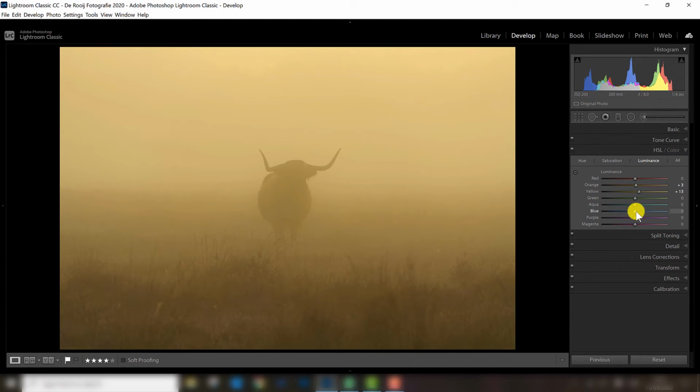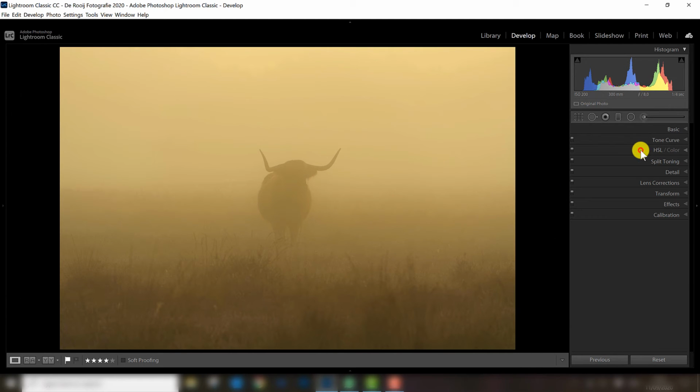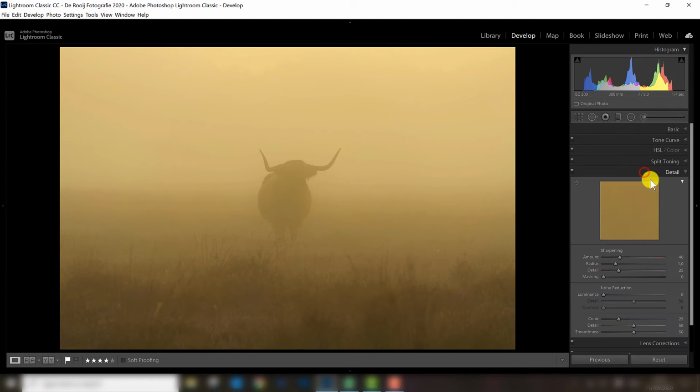We are too focused on the numbers here, but in the end the numbers do not count. It counts what happens here in the middle. So to finish off this photograph, I go to detail. Of course, this is not a super sharp photo. Well, the photo is sharp, the subject is also sharp, but because the circumstances were very foggy, it looks like